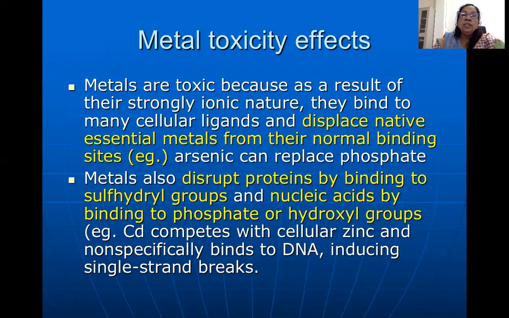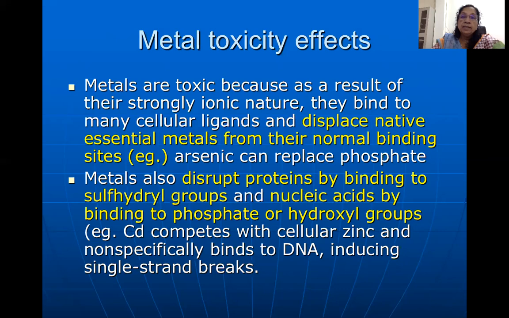And the toxicity of metals. Why are metals toxic, or how are they toxic? Metals are toxic because of their strong ionic nature. Because of their strong ionic nature, they bind to many cellular ligands and displace the native essential metals from the normal binding sites. For example, arsenic can replace phosphate